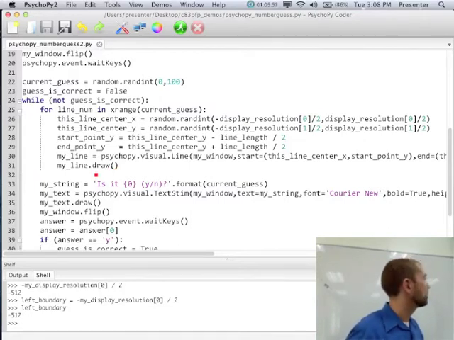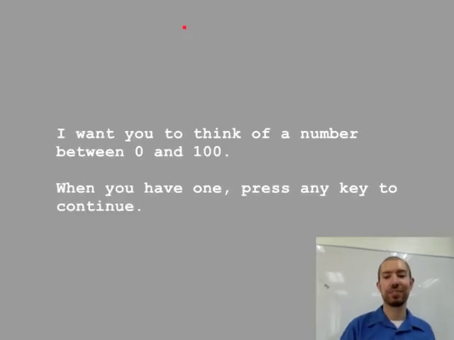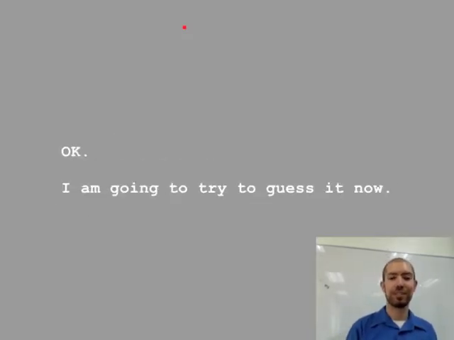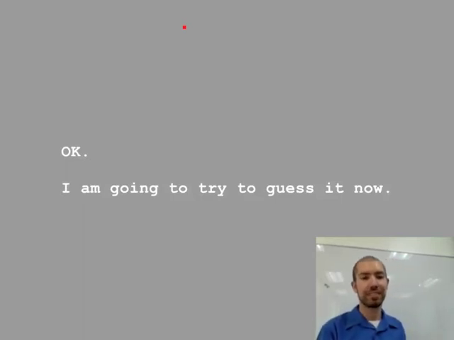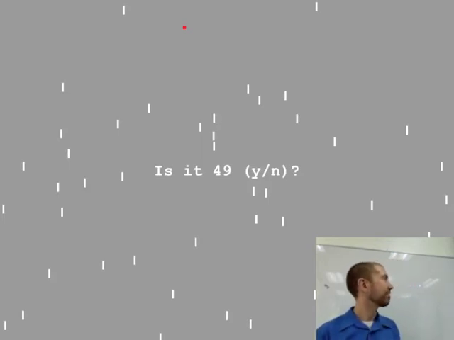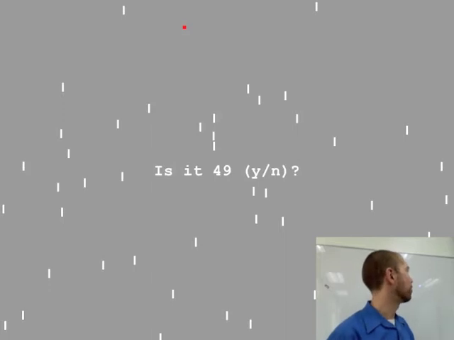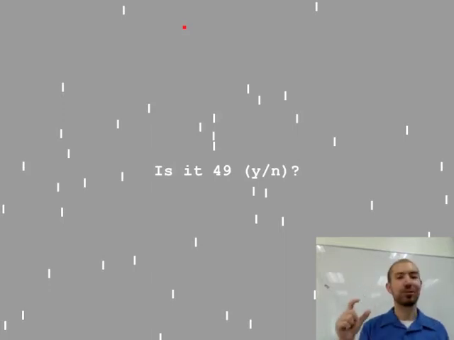So that's pretty much it. Does everybody have an idea in their head of what's going to happen when this runs? You can try to run it yourself. Let's hope mine runs without bugs. All right, everybody think they know what's going to happen? Let's see if you're right. Hey, look at that. We got 49 little lines on the screen, in theory, that are hopefully 4 pixels wide and 20 pixels tall, right?